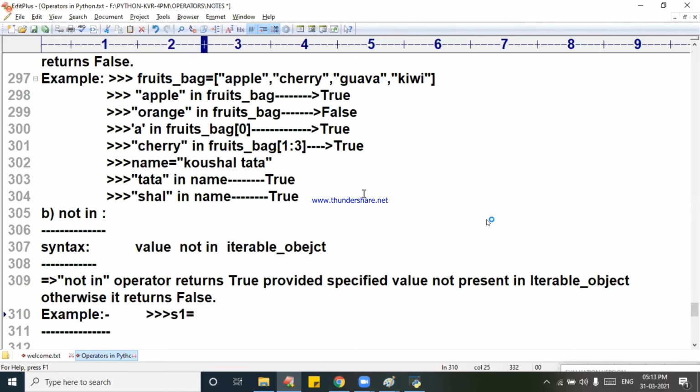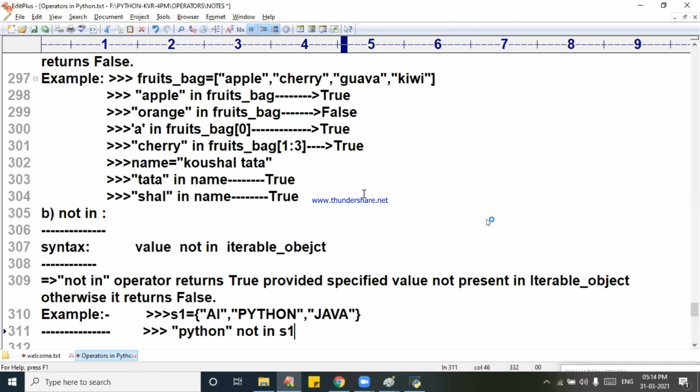S1 is equal to AI, next Python, next Java. Now I am writing directly, Python not in S1.